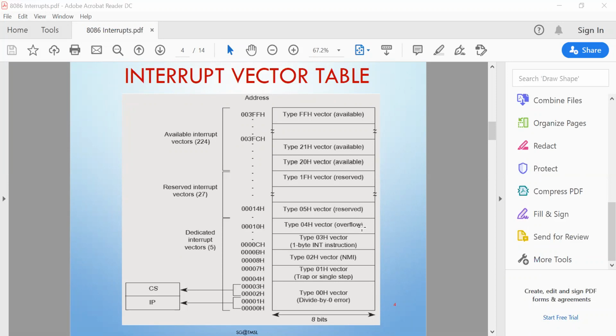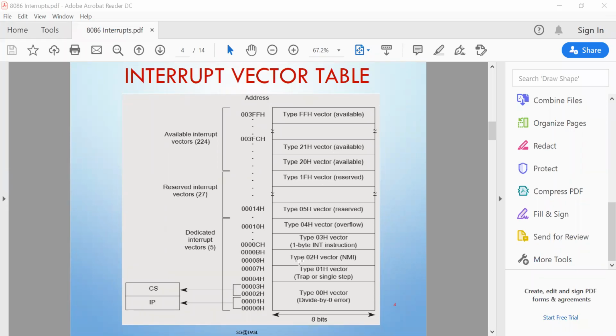Okay, so this type 4 interrupt can be processed in many ways. Like you can use int04, the same meaning, or if the overflow flag is set automatically, this type of interrupt will occur. Or if INTO is written into your program, then again the overflow interrupt can be processed. Okay, so from type 0 to type 4, these interrupts are dedicated or specific interrupts. Those are used by the 8086 microprocessor.